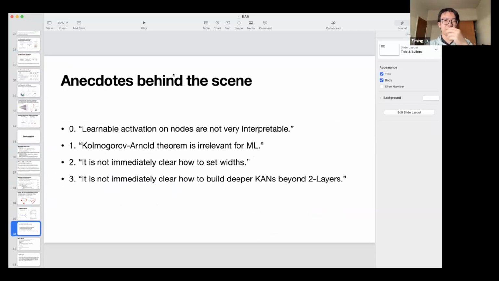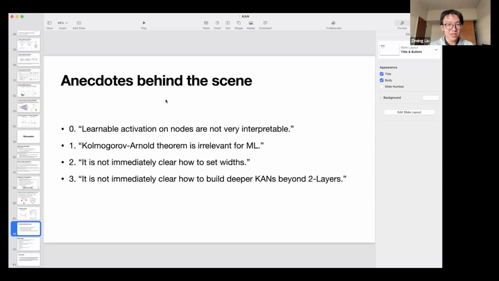Sure. I think these slides have answered some of the question. I first had the idea about learnable activation functions 2 years ago, basically trying to motivate symbolic regression. I wanted to train a neural network which can give us symbolic activation functions to be interpretable. But then I realized that this is still like an MLP, but with trainable activation functions on nodes. That is called learnable activation functions in our paper's appendices, if you dig deep into that. But I found that learnable activation networks are not that interpretable because of the weights, basically.